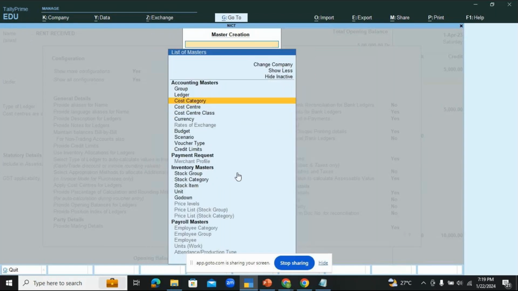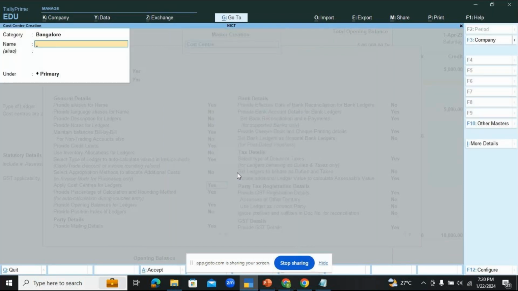One second. So can you see now? Below cost category, you have cost center there. Press enter on cost center. Now category you have to select as Bangalore. Press the Selected, ma'am. Backspace and